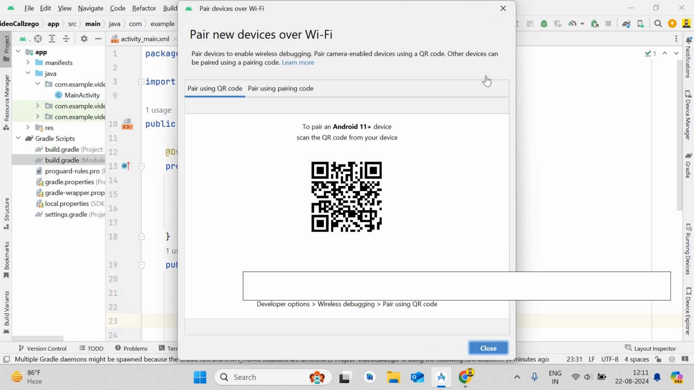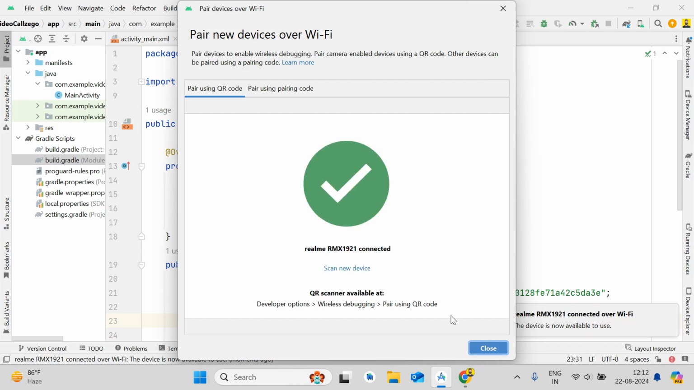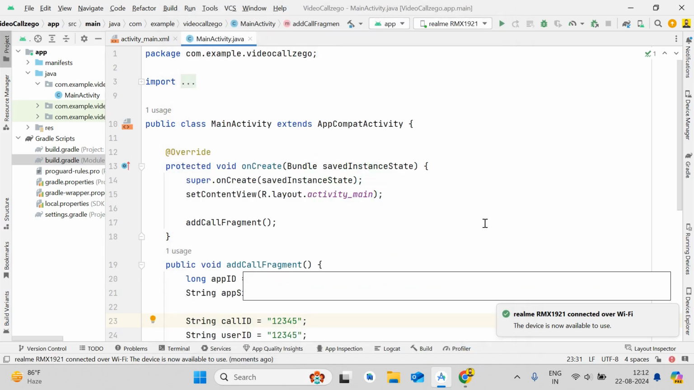So I will run the app in my mobile. So just let me connect wireless debugging, and now I'm scanning the QR in my phone. If you have Android 11 or later version, you can do Android debugging without USB cable. So now you can see that wireless debugging is successfully connected, and now I can run the app in my